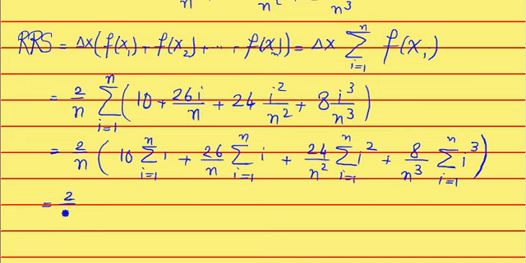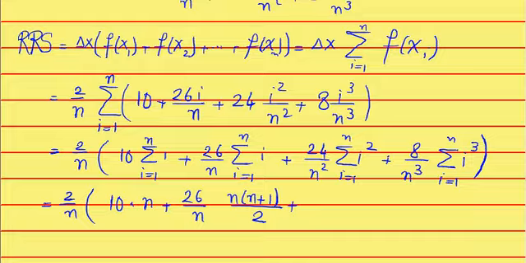Next, 2 over n. Now we have to substitute each of these sums. At the beginning of the problem I gave a short hint about this, and just add them up. Here we are adding 1 n times, so what are we going to get out of it? Obviously you have to get n. 26 over n, adding i's from 1 through n times n plus 1 divided by 2, that is this sum,